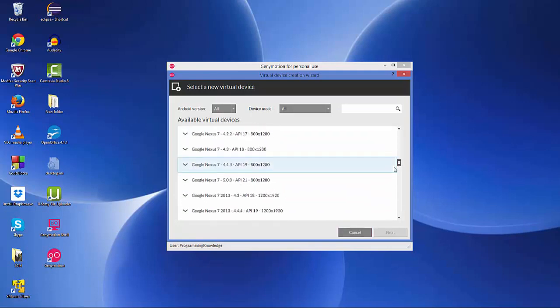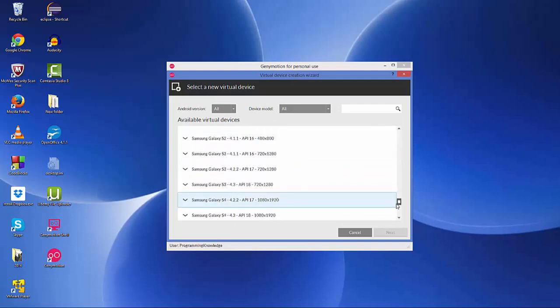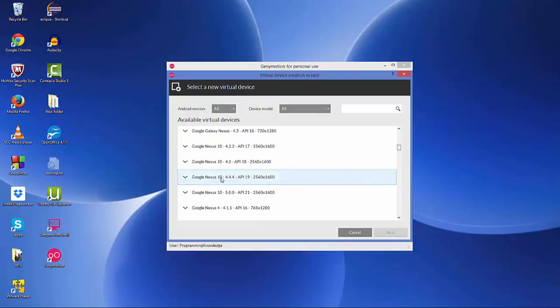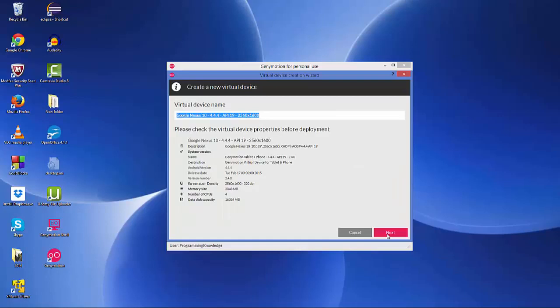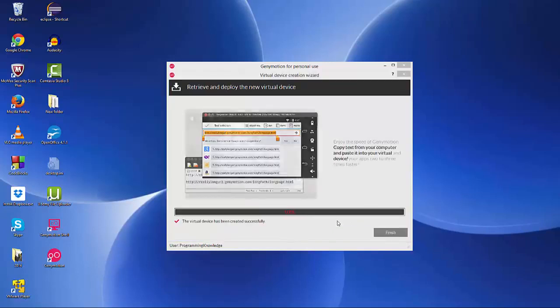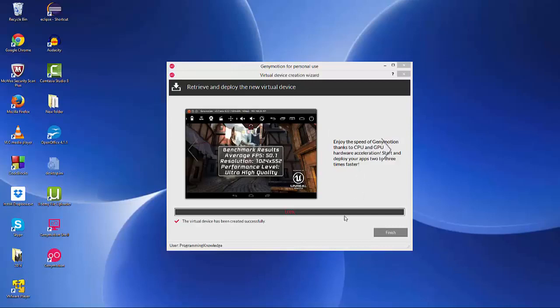Now you can choose any one device from these options. Let's select one device. For example, I'm going to select this 4.4.4 API 19 for now, but you can choose devices depending on your preferences, right? So I'm going to choose this and click next. And these are the properties of the device. Right now I will leave them as default and click next, and now it will retrieve and deploy the new virtual device. So now the setup for the new virtual device is complete, so you just need to click finish